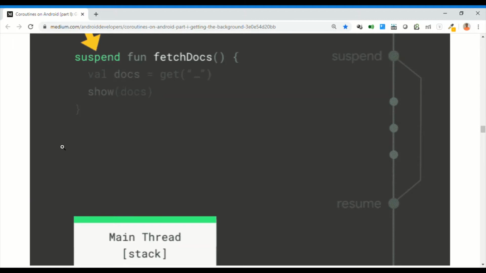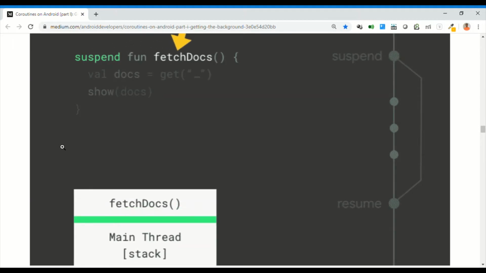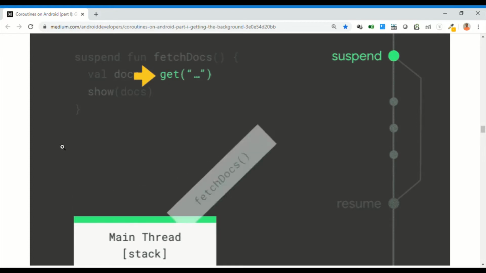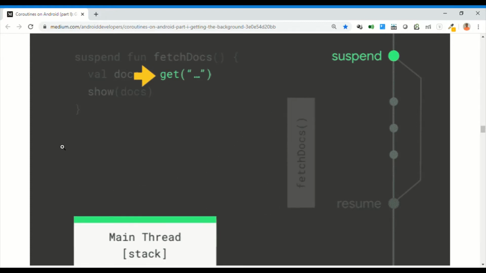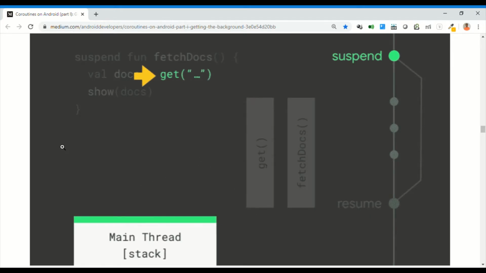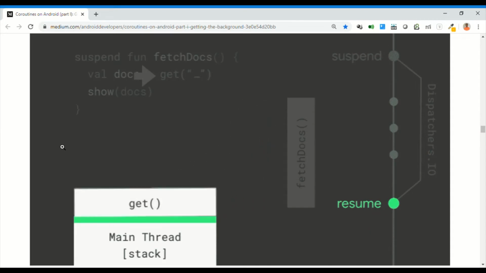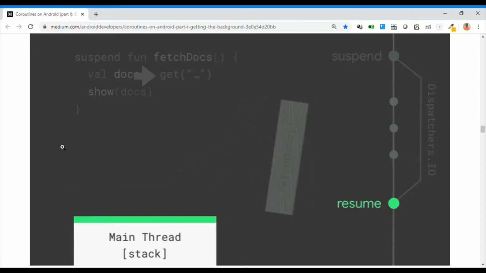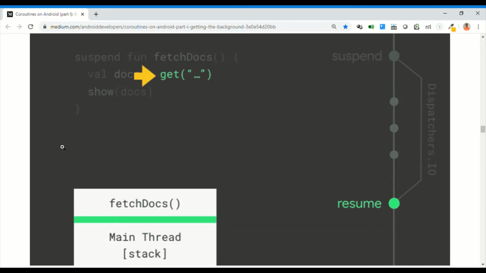Let's look at this animation to understand how suspending functions work. Fetchdocs is a suspend function that is launched on a coroutine that runs on the main thread. And get is another suspending function that makes a network request on the IO thread. When the get function is called, two things happen. First, the fetchdocs function is suspended and its state is saved for resuming later.